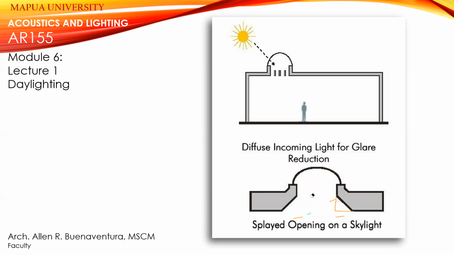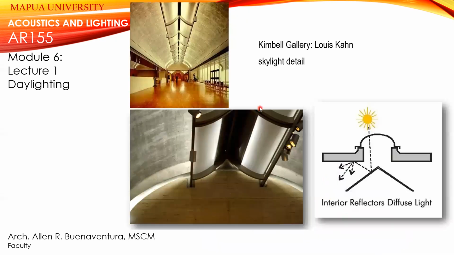So if you remove the 45 degree angle and put a splayed opening, it will create a deeper penetration. Okay, you can see. So this is one of the most efficient applications of skylight. These are the different applications, as you can see. This one below has an interior reflection of diffuse light. They put a diffuser to create accent and not to create completely direct exposure to sunlight, and to give a more calming ambience inside the room.